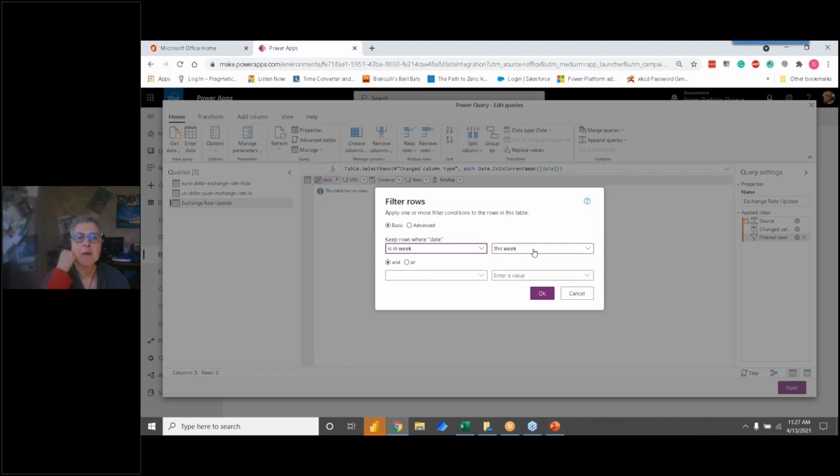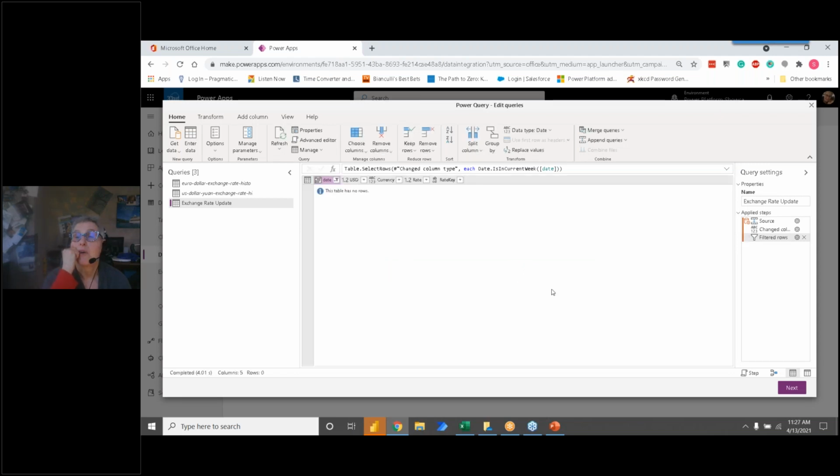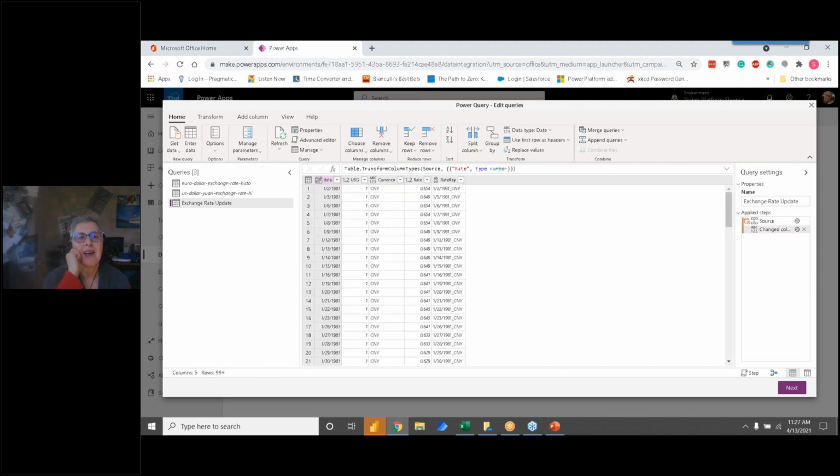And you see it's a dynamic filter. This actually should work. Let's see if I can get it to work, if there's just some kind of glitchy thing going on. Well, there are none this week. Oh, probably because it's a new week. Oh, that's really weird. So it is actually working. It's doing what I want it to do, but there aren't any new records for the week.